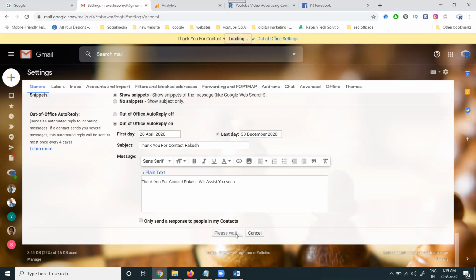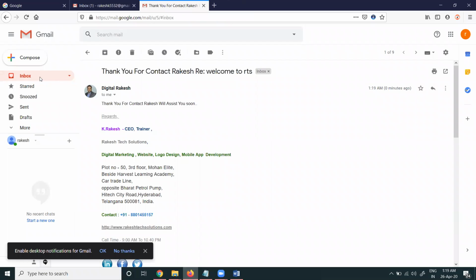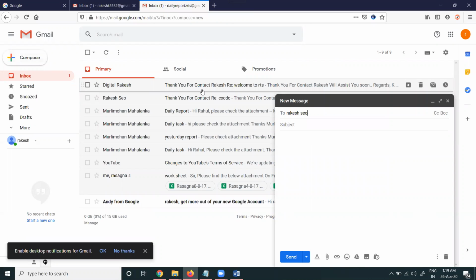And save changes. Which email can I use?